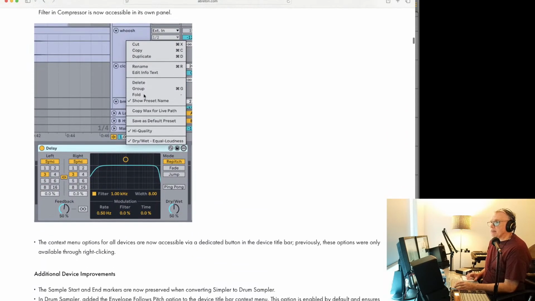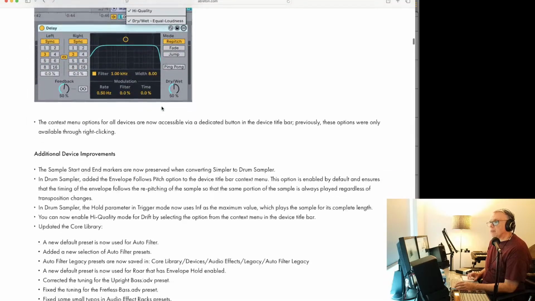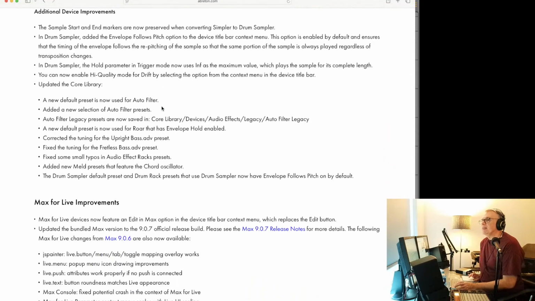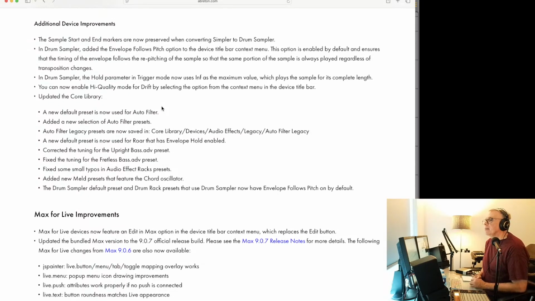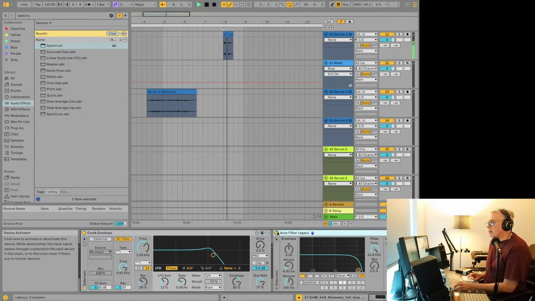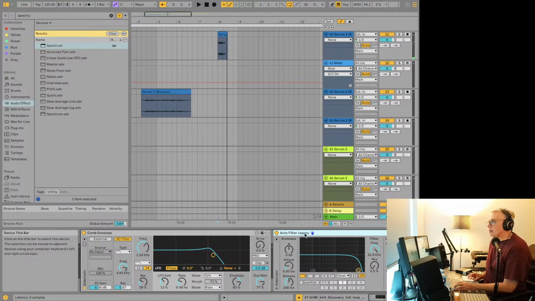Okay, so that's the toggle for these. The additional device improvements: the sample start and end markers are now preserved. There's a bunch of little things in here. They have a new default preset for the auto filter because, that's something I forgot to mention on the auto filter. If we have it, actually it works out well because on this one here,